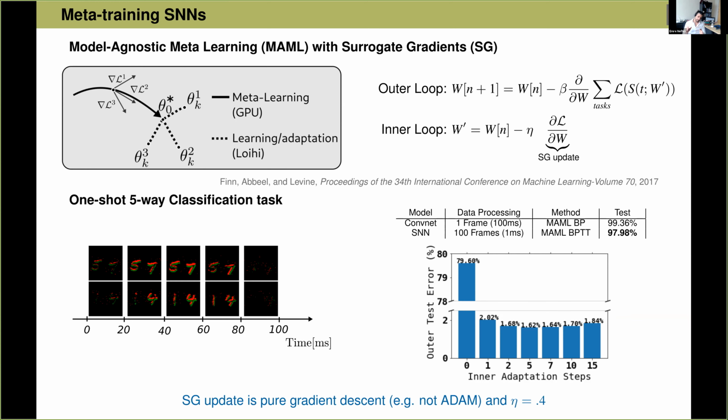And I'm almost done with the talk here. I'd just like to make one comment, which is really behind my excitement for this whole approach. This meta-learning, model agnostic meta-learning, in the inner loop, you can have anything that you want, but the particular result works with stochastic gradient descent, so pure gradient descent, not Adam or whatever. So the learning rule there is extremely simple. And in addition to this, the learning rate is quite high. And you would expect it to be high because you want to learn after a single step, right? So if you want the network to change its behavior after a single update, then you need that learning rate